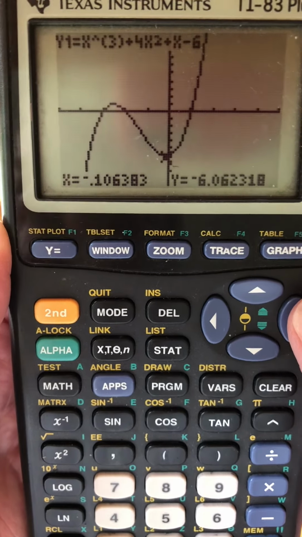Minus 1.106383. I read that out of the book. And the y value is minus 6.062318. So we have found the exact turning points, right? Now, that was using the trace key. That is not the way we want to do it in the future, but that was our goal for the first example. So, I'm not going to write all that down, but I'm going to go on to example